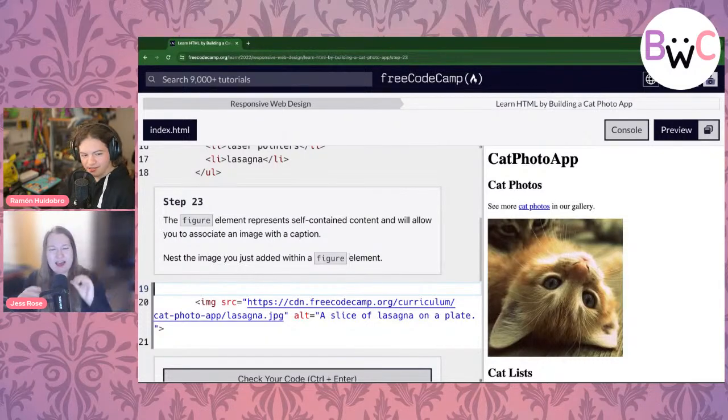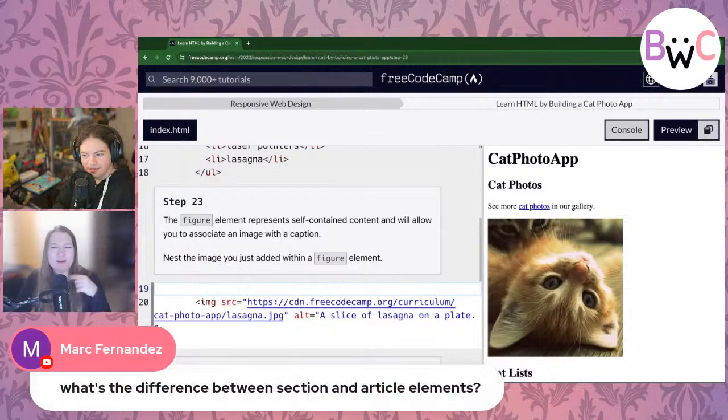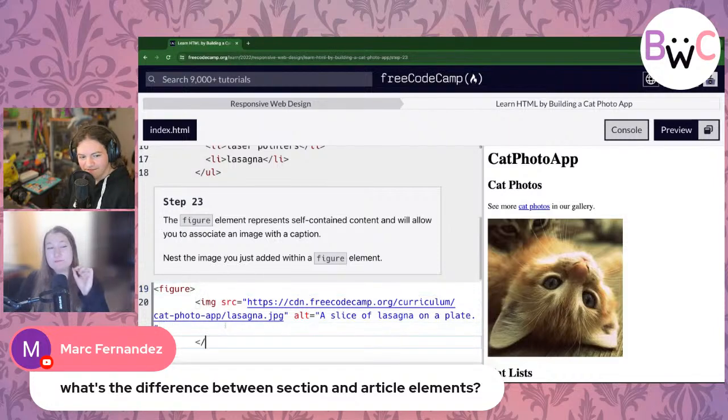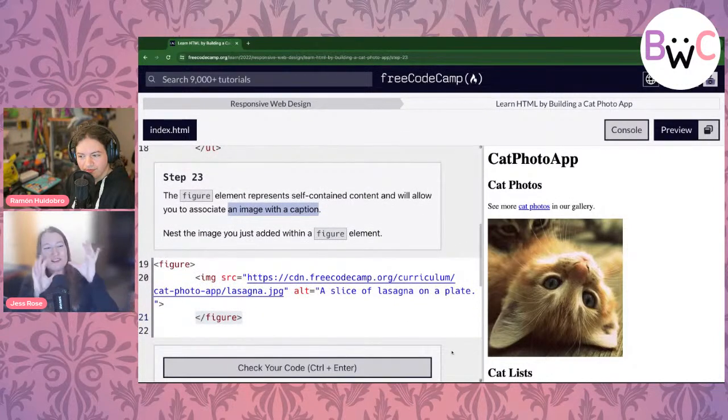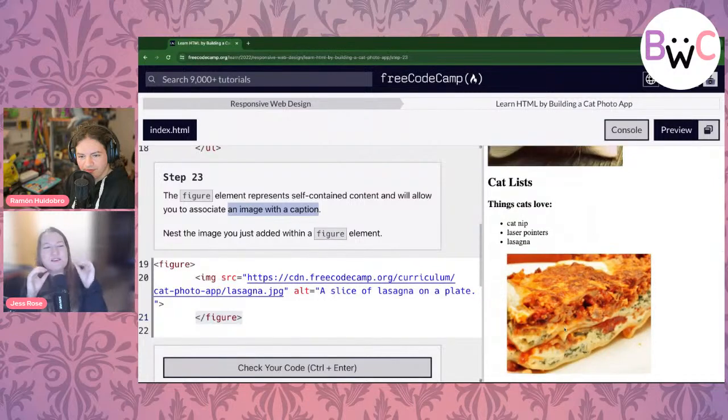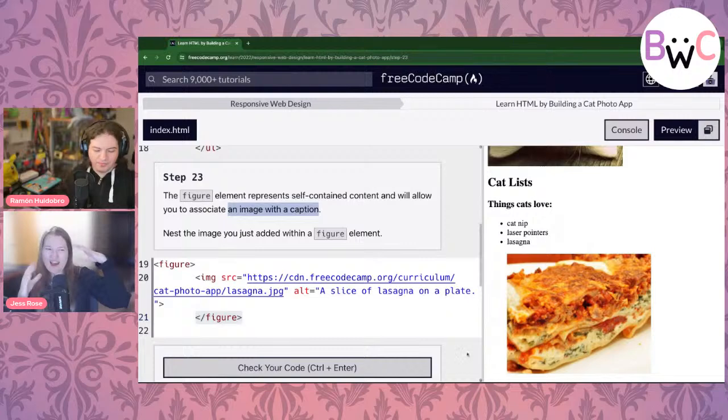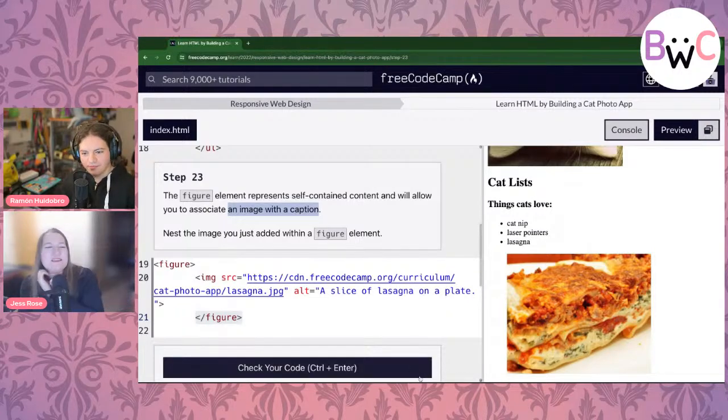So we talked about how, and this was Mark who asked this really good question, I said, hey, what's the difference between a section and an article? And we said, oh, an article is more specific. And here we've got this figure element. A figure element is telling us that we've got an image of some kind or a diagram of some kind, and that we've got a caption as well. So this is very specifically telling us these two things go together, the semantic meanings come together. So we're grouping them, saying, hey, these mean something together.